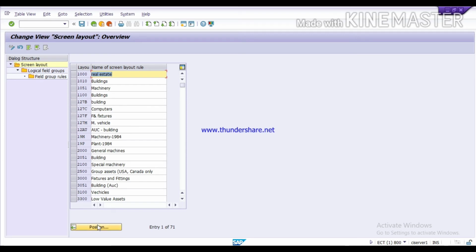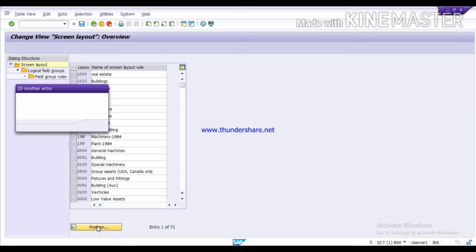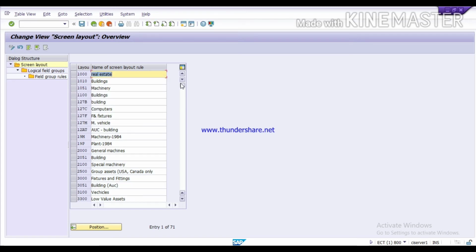Now we will find our screen layout which we have created in a previous video. I don't remember the screen layout number. I think we have not created this 1100 screen layout. We will find out once.